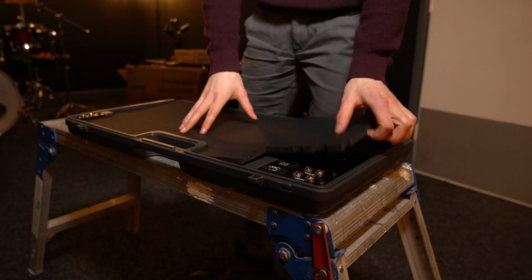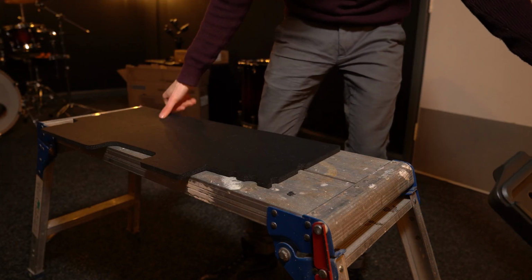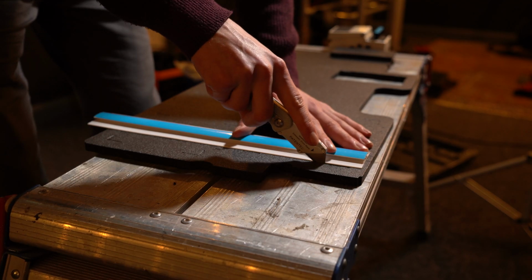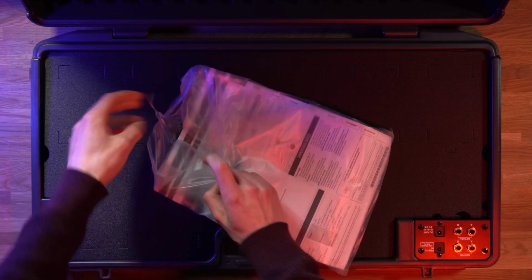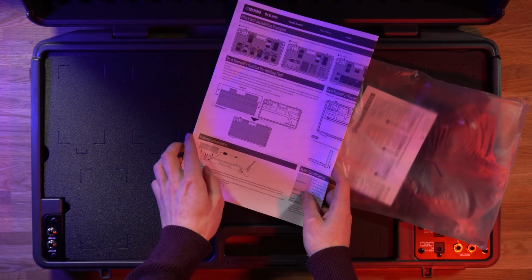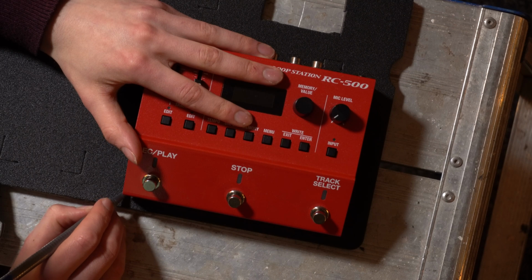Now, the first area is when it comes to actually cutting the foam. Although this is a very easy and self-explanatory experience, something I would have loved to see Boss provide inside of the accessories would have been a few paper templates that you could have put on the foam itself, drew around them, and then just cut. Because the problem I had was, obviously, there are already cut markings for standard Boss Stompbox design pedals, which is fantastic if you're using those. But if you intend to use stuff like the 500 series, like I did in today's video,